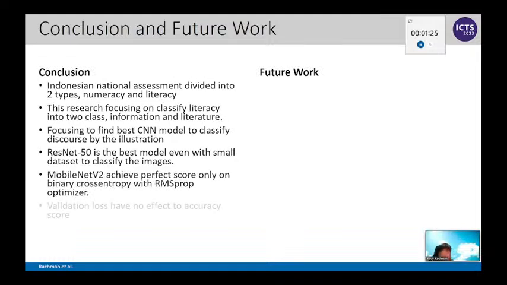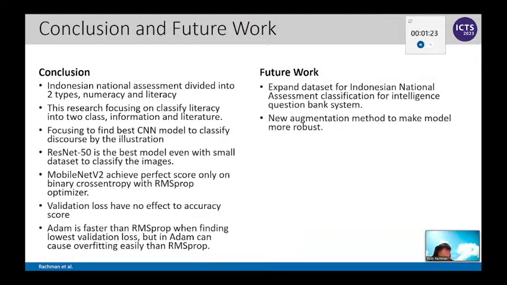The conclusion that can be drawn from this paper: the Indonesian National Assessment is divided into two types, numeracy and literacy. This research focuses on classifying literacy into two classes, information and literature, and on finding the best model to classify the scores by the illustration. And the result is that ResNet 50 is the best model, even with a small data set, to classify the images. And MobileNet V2 achieved a score of